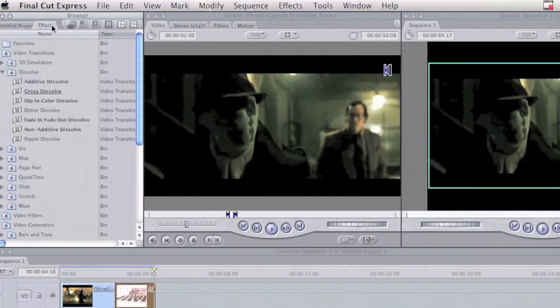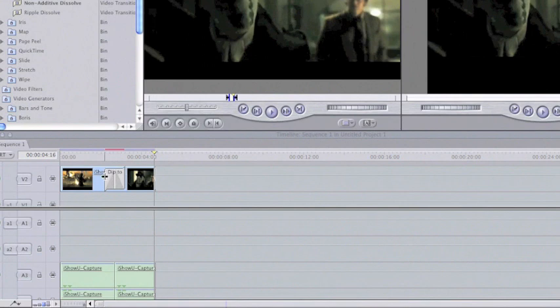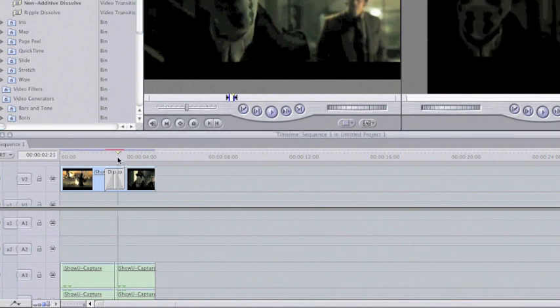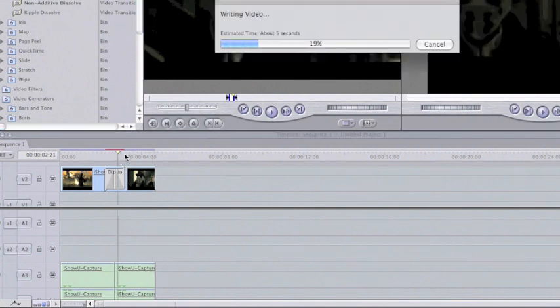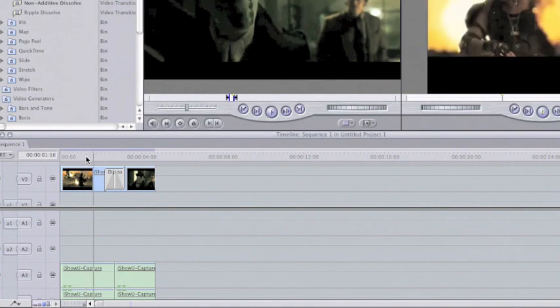So what you do is you go to effects, and these are all the transitions. You can do a dip to color dissolve, which is usually just a dip to black. Obviously you can change the color, and you then have to render that as well. Hit the timeline, Command R, you render it. Transitions don't take as long, it depends which ones you do. So when we play it,